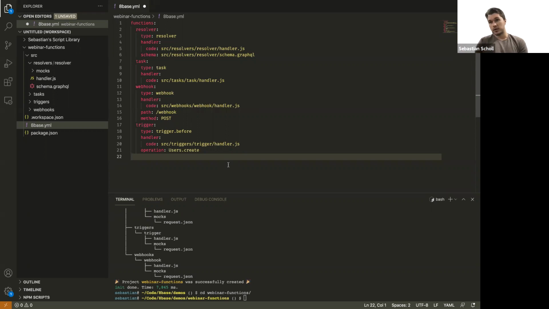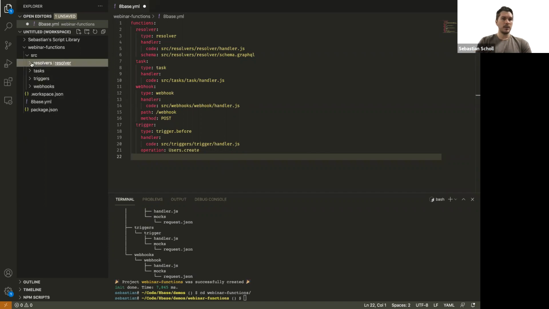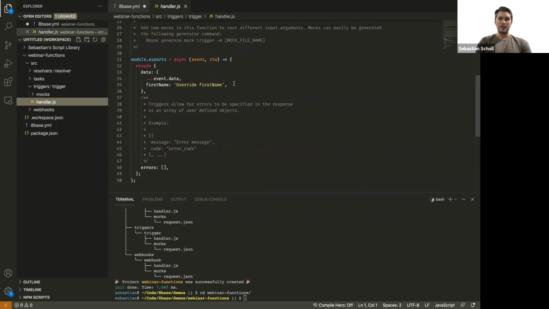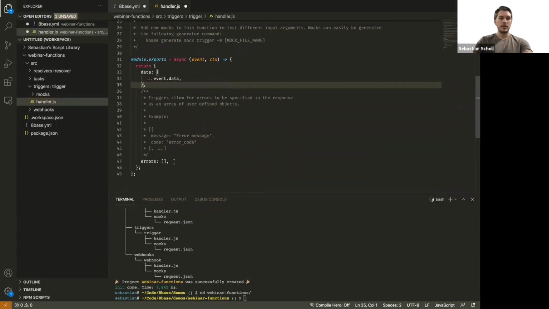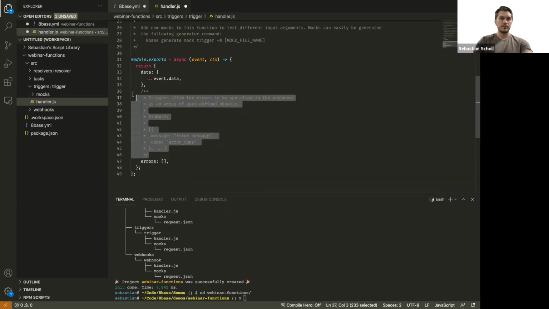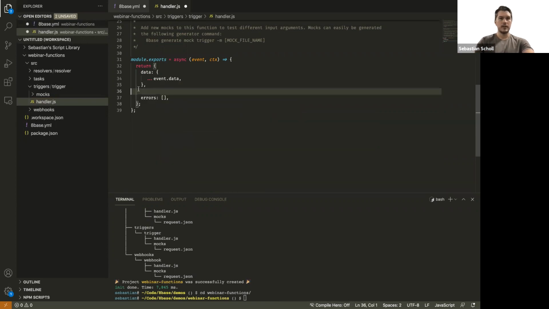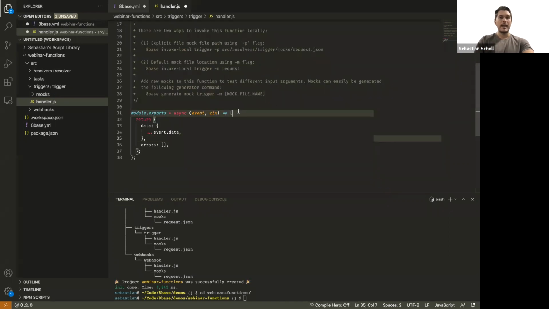As well as then with an after trigger, where maybe, in the same example, after a restaurant was created, you wanted to send the owner an email, or kick off some type of custom workflow, any of those types of things, you'd be able to perform in an after trigger. So really flexible. Now, if we went to that trigger, let's just do that one here. So for example, this is the function that we have, and this is showing that you could override a variable if you wanted to. However, I'm just going to delete these here, the encode in the code, and essentially,